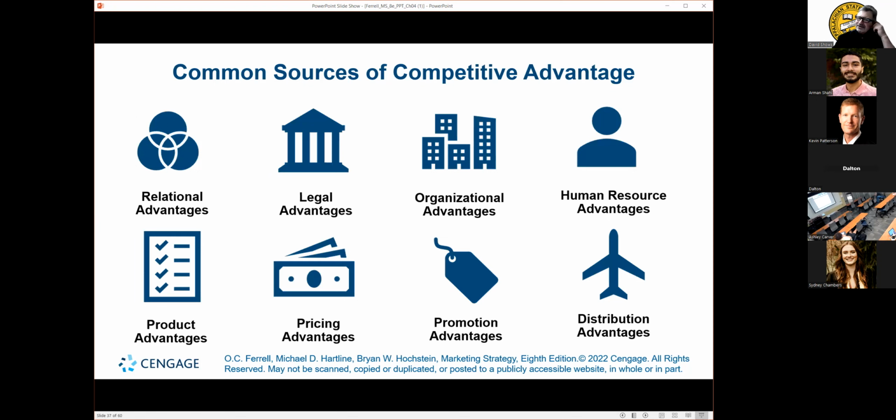So what are sources of competitive advantage? You don't have to go into this. I mean, there's a lot of these things that you simply know. You can have great relationships with your particular consumers. You can have certain advantages legally. You may have patents and trademarks. You might have unique zoning laws. You may be a great global trader. You may know the insights that nobody else knows, and that would be a legal advantage. You can have a unique special organization.